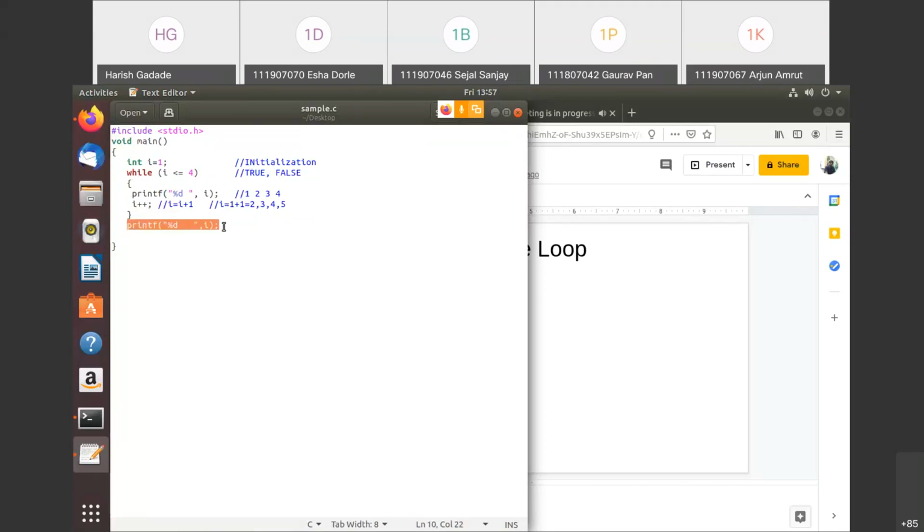Now here you can see that the next statement is again printing the I value. Just keep in your mind, this is outside of the while loop, right? This statement is not inside this while loop, so this is outside of the while loop. So what would be the output of this? The output of this would be 5, right? Because here the I value is 5. Getting this? I'll run this so that you will understand.